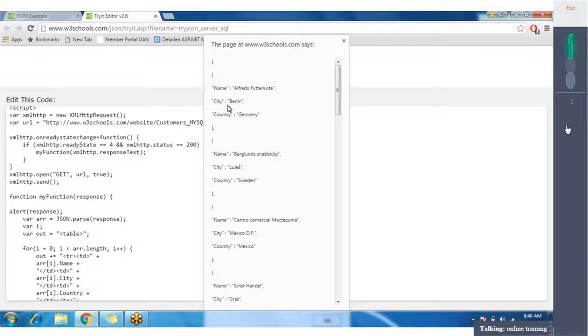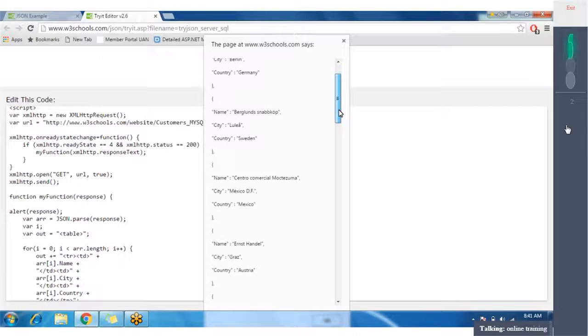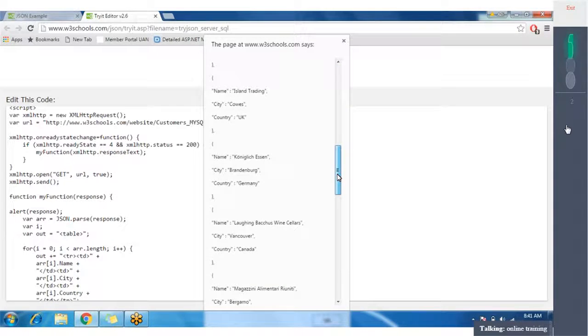This is containing the JSON data, key-value pairs: name equal to this, city equal to this, and country equal to that, in the format of an array. So this is the square bracket starting the array, and this is the first item till here. Then the second item starts from here and ends here.